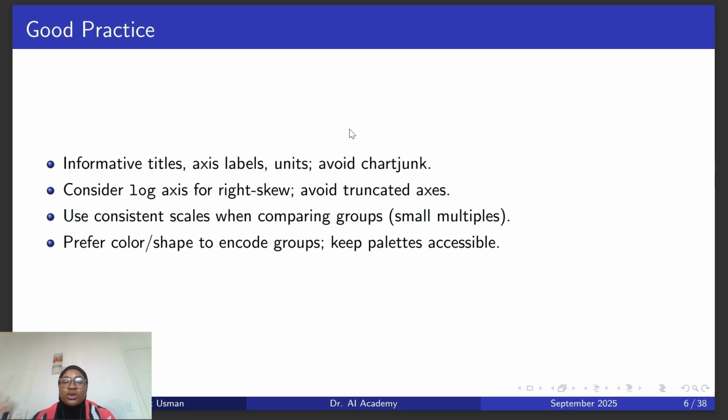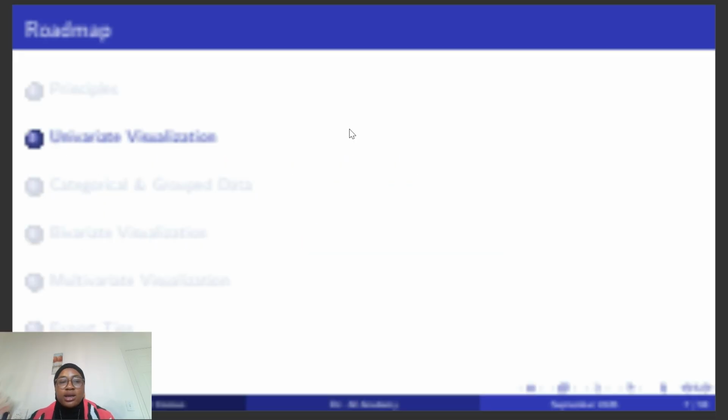And of course, color choice is very important. We have different palettes in R that we can use, but our choice of color is very important. You don't want to mix red, purple, just sharp colors all together when you are visualizing your data, because any sharp color draws the attention of viewers, or people that you are presenting to, or your audience. So you want to be careful with your color choice and your preference. All right, so